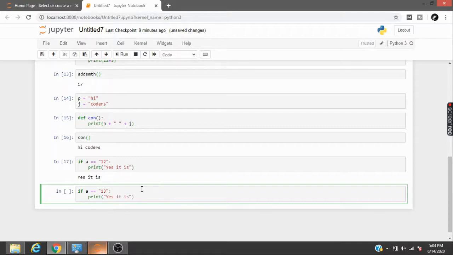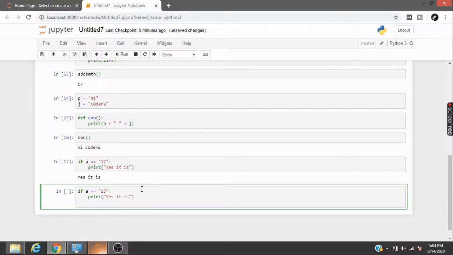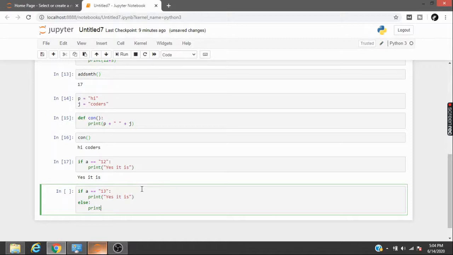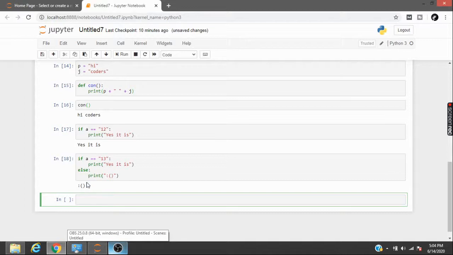Now if you want to use else, you can press another enter, and then write else, and then a colon again, print a bad smiley. Okay, let's see what happens here. Now there are double quotes. Yes, and see, it's a bad smiley because we know that a is 12.